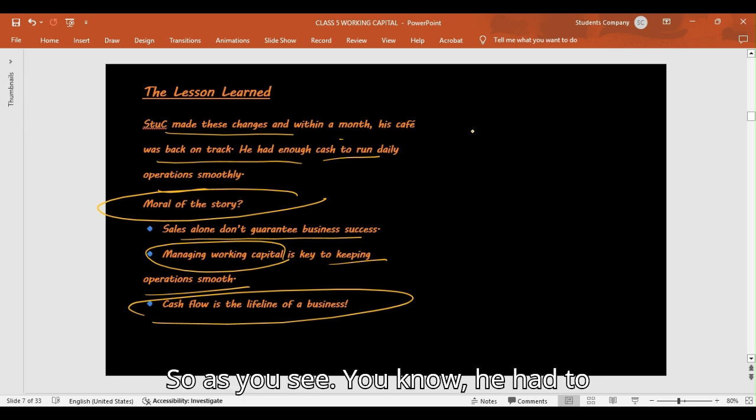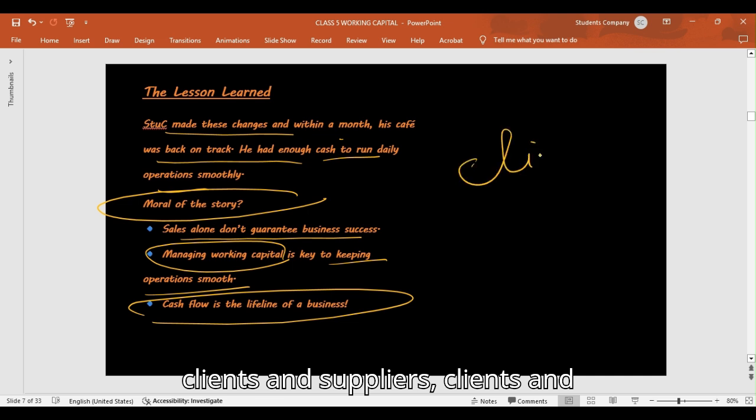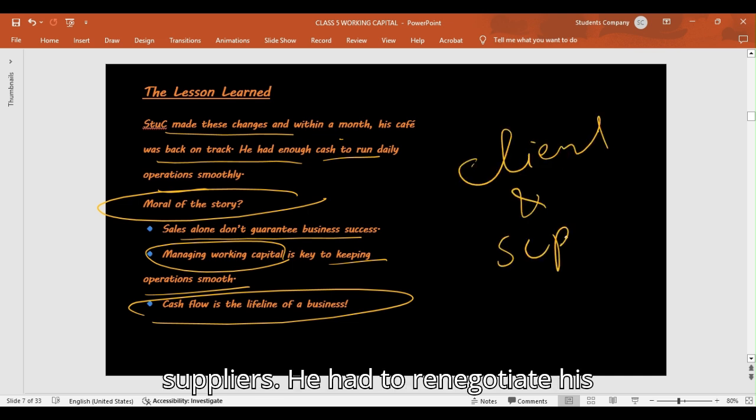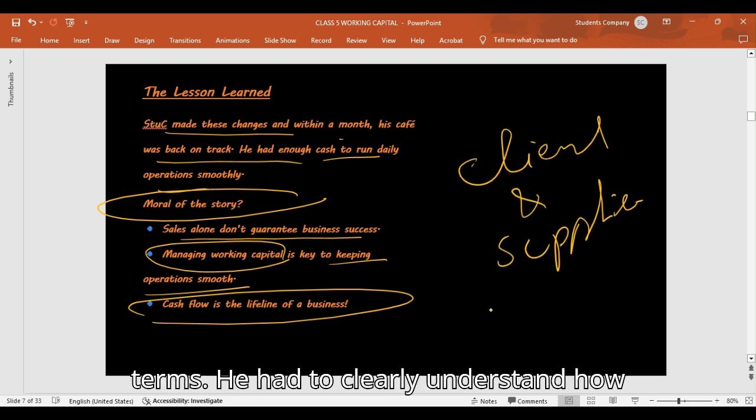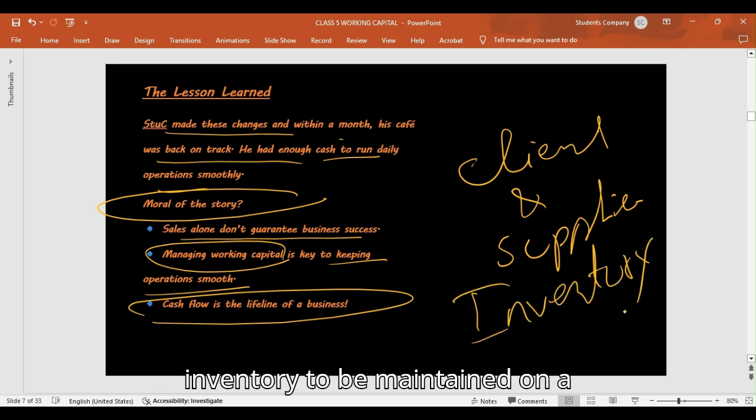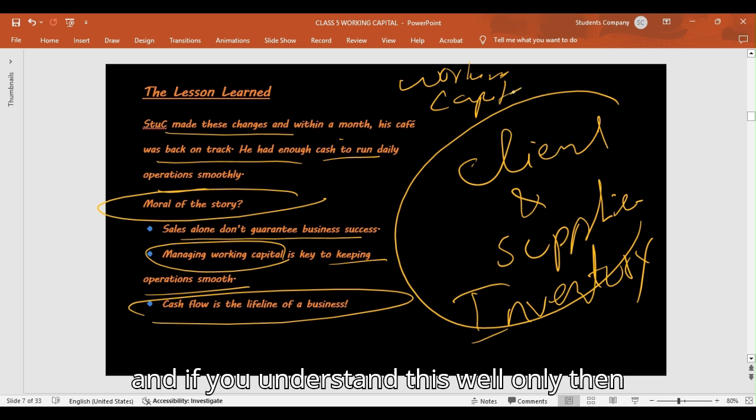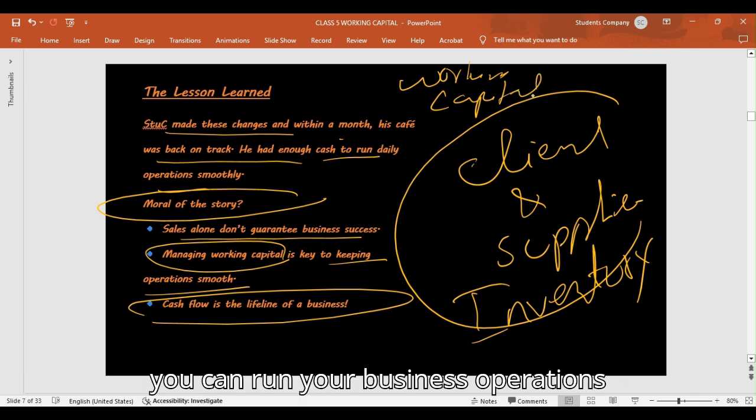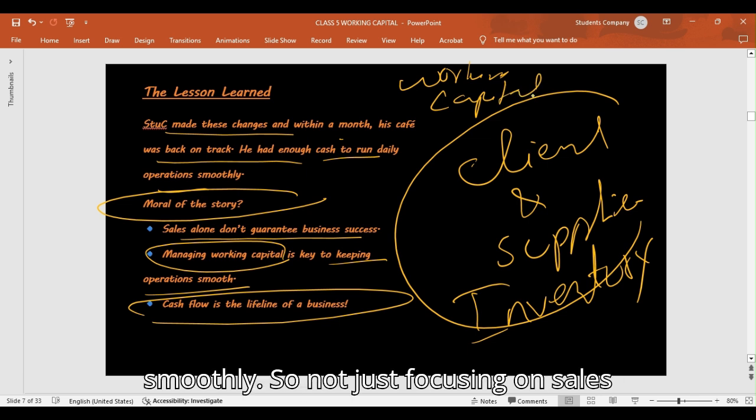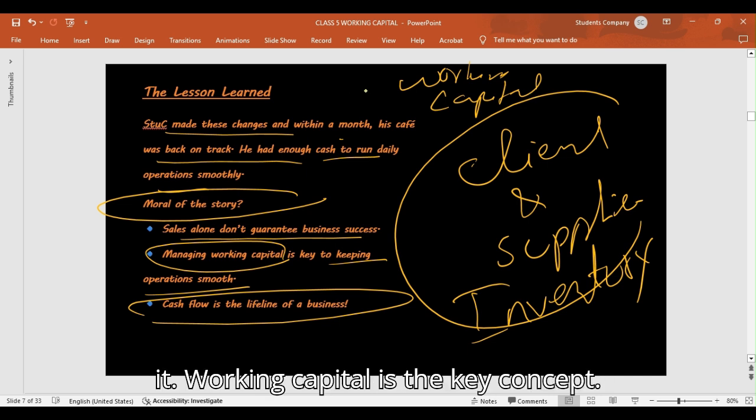So, as you see, he had to renegotiate his payment terms with both clients and suppliers. He had to clearly understand how to keep inventory, how much inventory to be maintained on a day-to-day basis. So these are important concepts of working capital, and if you understand this well, only then you can run your business operation smoothly. So not just focusing on sales, to get that sales and realize cash from it, working capital is the key